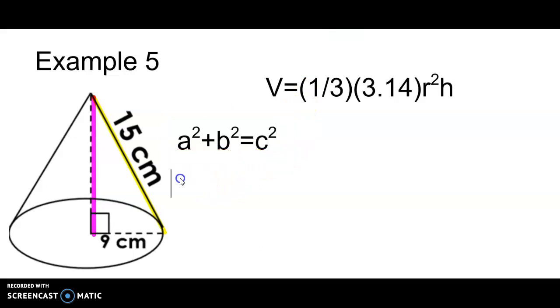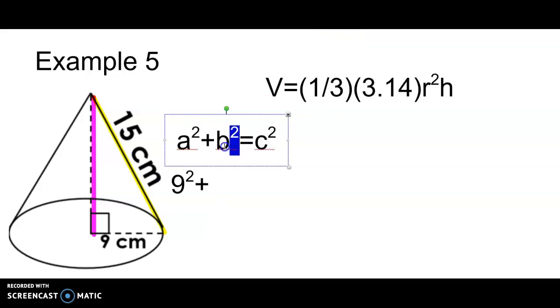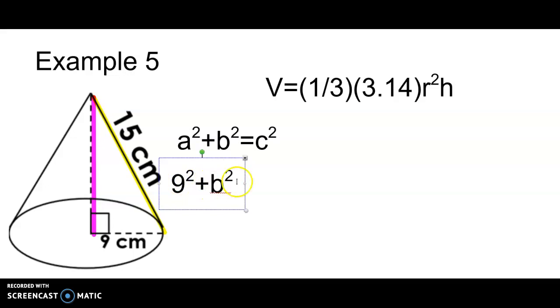Then we're just going to plug this in. 15 is my c, because that's my hypotenuse. So I have 9 squared plus b squared, and that's equal to,